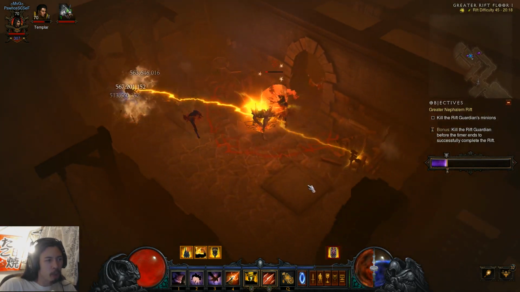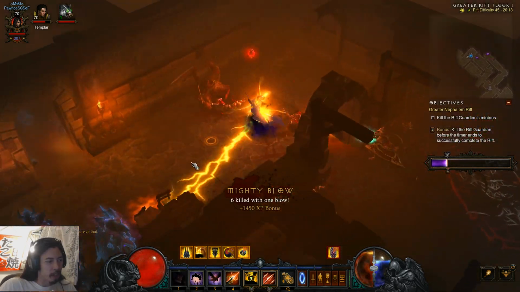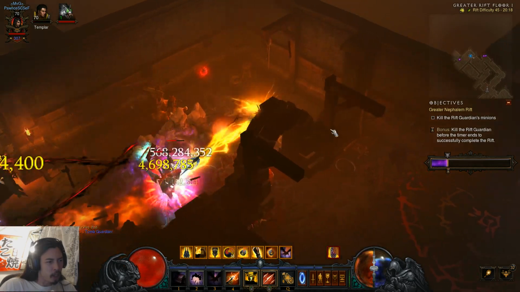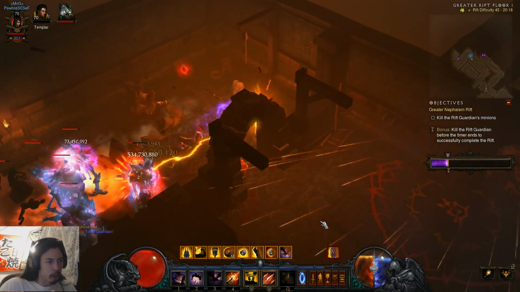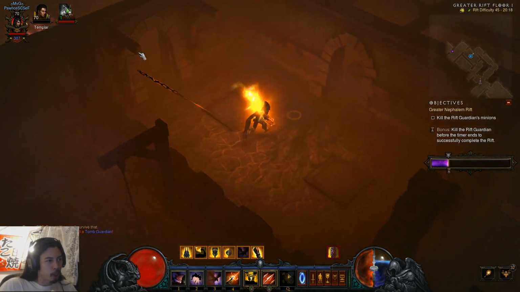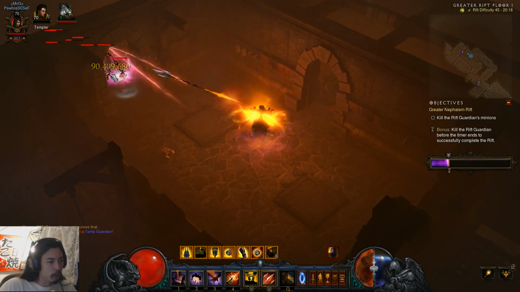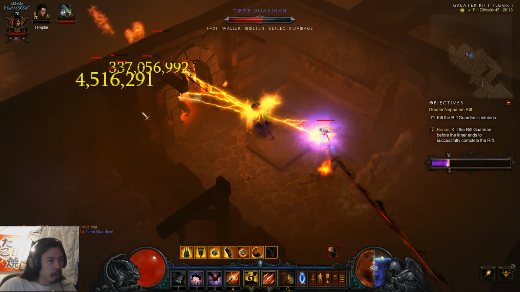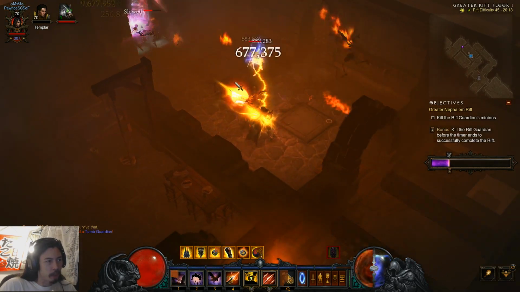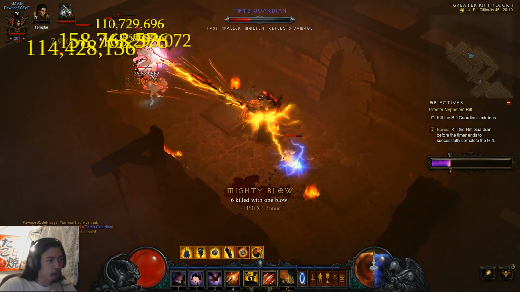Again, because of the build, Conduit actually doesn't deal that much damage. Normally, Conduit's the thing you just get and it murders everything around you. I think it's based off your base stats. Who's that guy? That's actually Reflect. The Reflect damage is the one annoying thing. If I was doing a higher Torment, and I was trying to do things in time before the timer runs out, I'd probably skip a Reflect pack, so